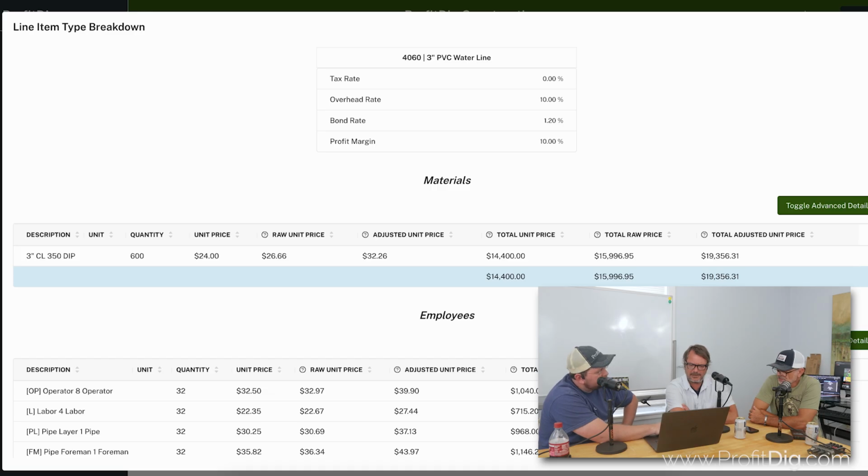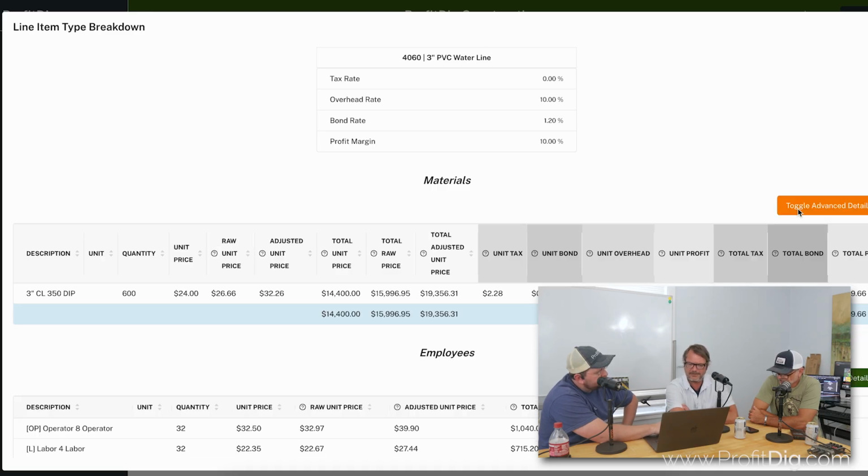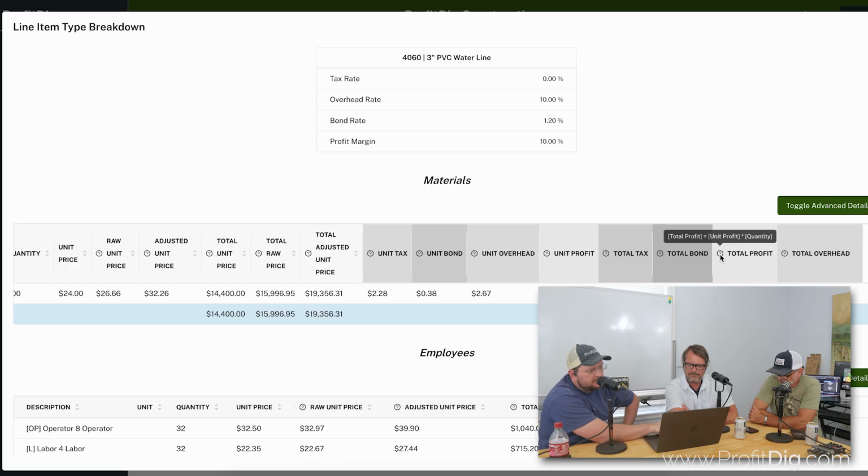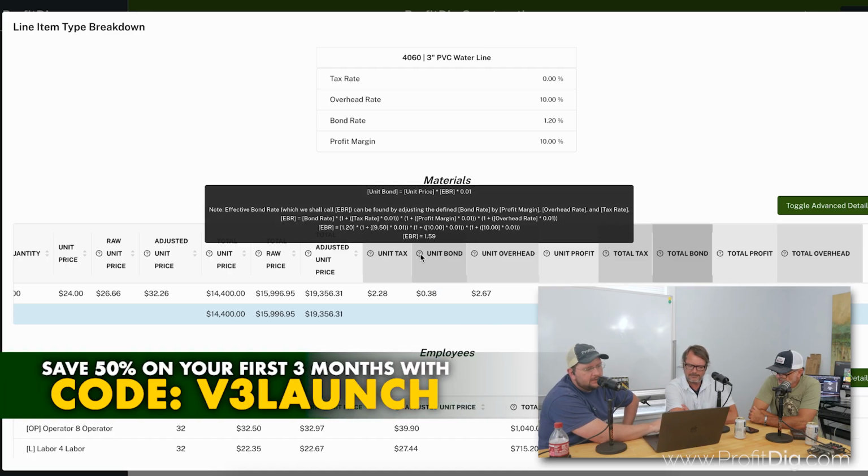He's our native estimator. So in addition to what I would call the basic information, if you wanted to toggle the advanced details, you'll see also tax, bond, overhead, and profit that you can view all those details. And just like the others, we've got an explanation. The most interesting one is unit bond,